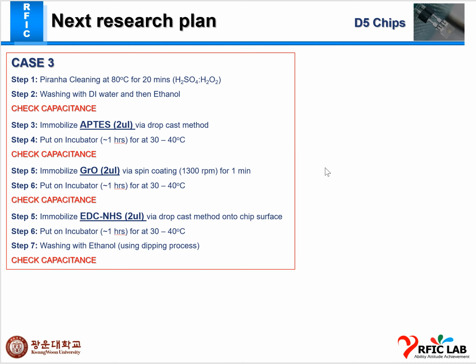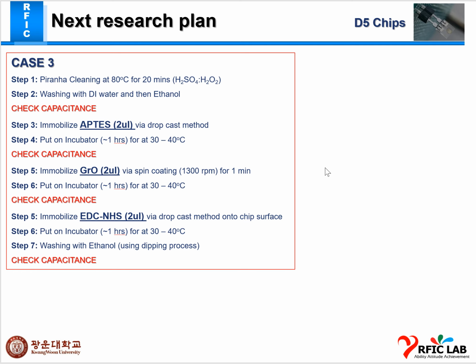In case 3, we have to use a separate step: first we use APTS and graphene oxide, and then the EDC NHS. So I just want to tell you that this week I have to first make fresh samples of antibody, and second, start case 2 as well. These two things I have to work on this week and implement on the D5 chip, and once I fix it, I will make a table of all the calculations and deliver it to you this week,